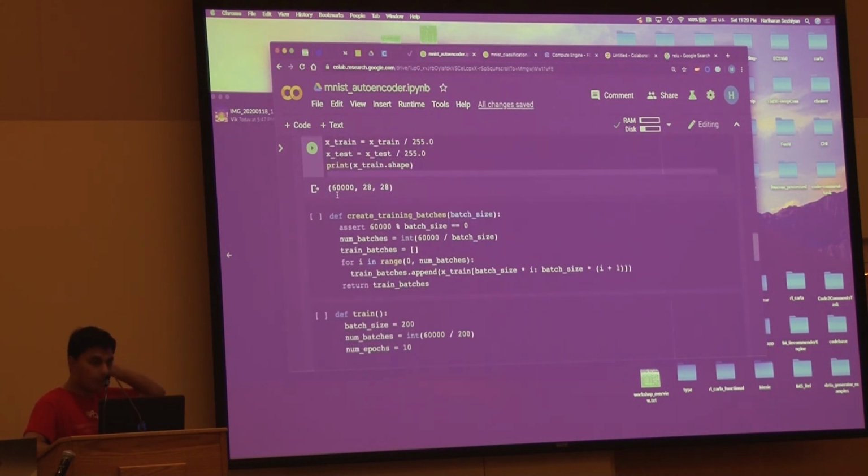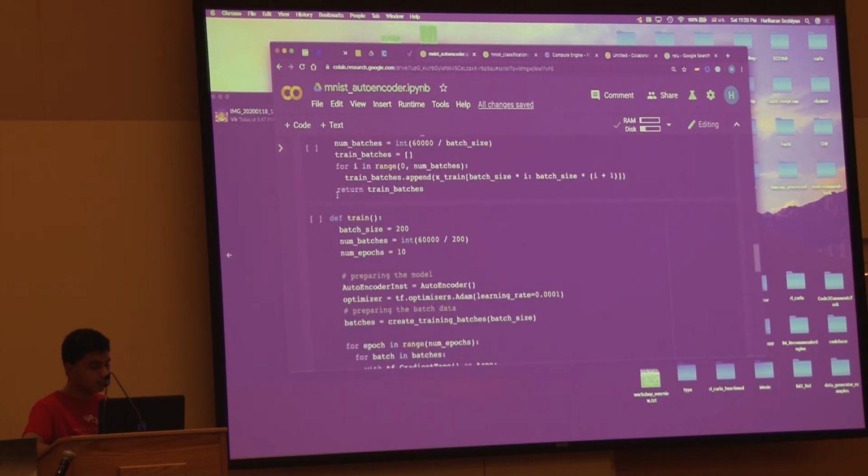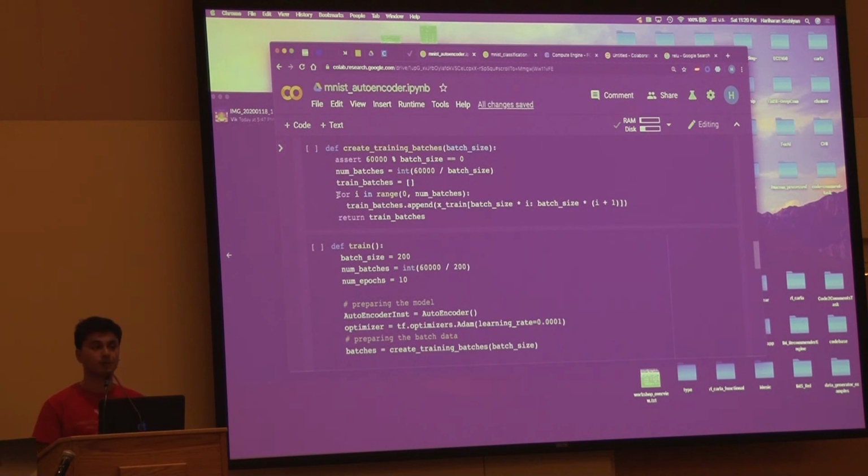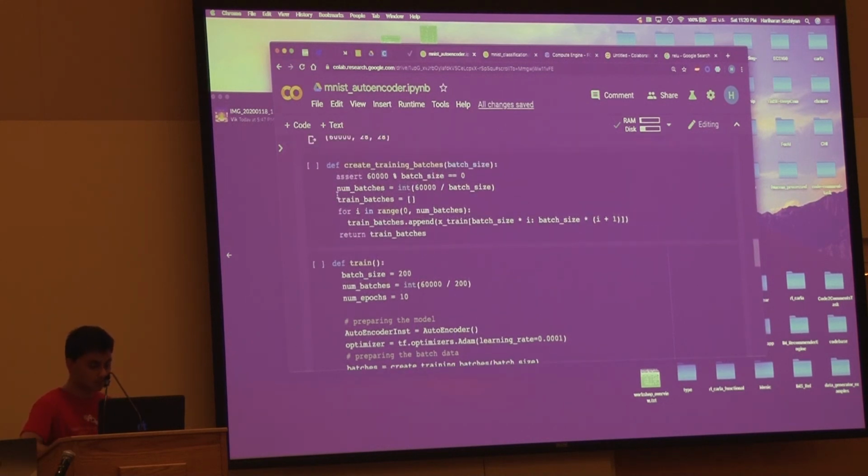Okay, so now we're going to use a different type of technique. We're going to use tf.GradientTape. So instead of using model.fit, we're actually going to pass in batches ourselves and train on that. This is not necessarily a part of how subclassing works, but this is another way to write ML code. Instead of using model.fit, we're going to create our own training loop, and we're going to feed in data through batches and train our model, and then give the results. So what we do first is we actually